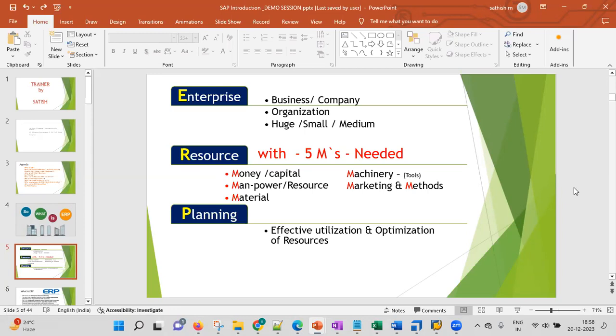hire another person, so instead of the first shift, let him do it in the second shift. It will again hire a third person, third shift. So this is good, or purchasing 3 machines, 20 into 3, 60 lakhs. Obviously, the first one is good: one machine with 3 rotation shifts or 4 rotation shifts of 8 hours. So three manpower they are using. That is optimization planning, proper and effective utilization of the manpower also.